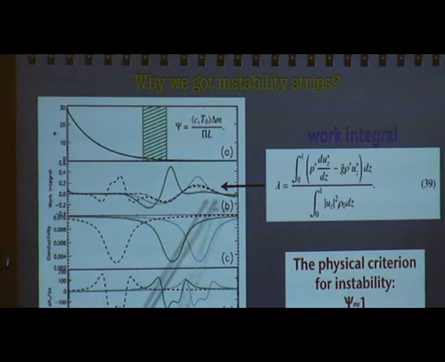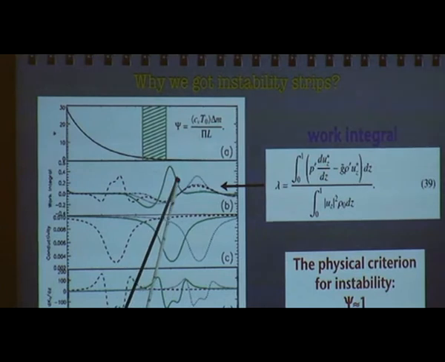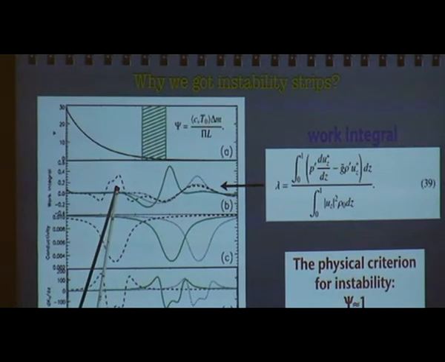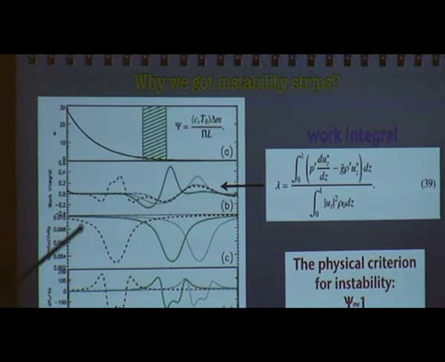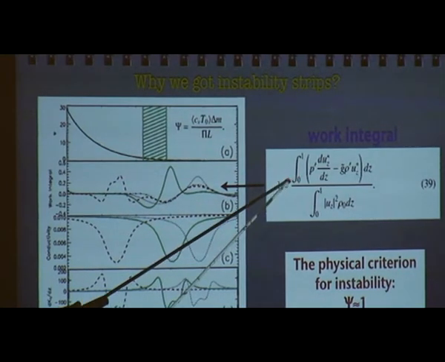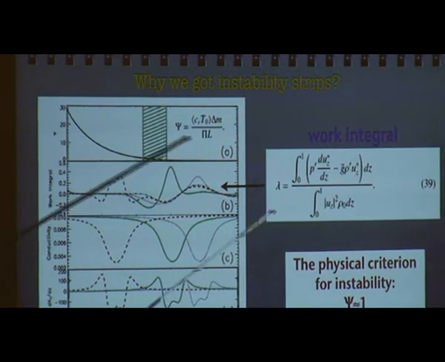And we see that the real part of the work integral is positive here. It's positive here, here. But the real part is also negative here, here, and here. So that's a competition between the positive region and the negative one. And it's an integral. So at the end, if the positive region wins, the mode is unstable